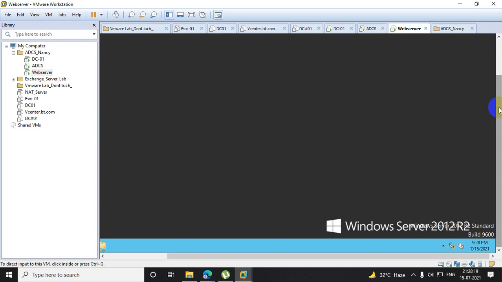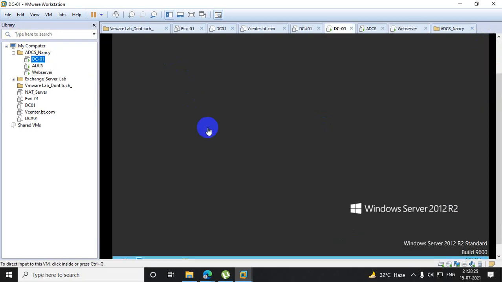So I have applied this policy on the OU. The intention of this practical is that I have applied this policy on the OU. Now whoever the user is part of this OU will be part of this particular policy. Okay, so just a minute, give me 5 minutes, I have a call from office. Let's see.